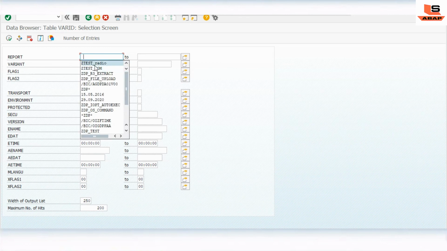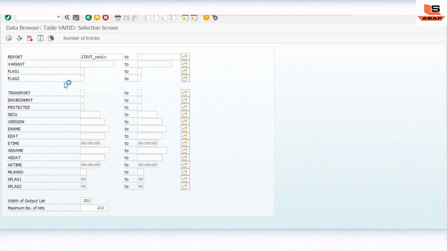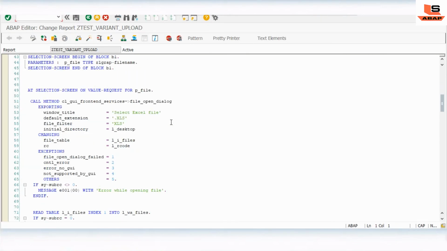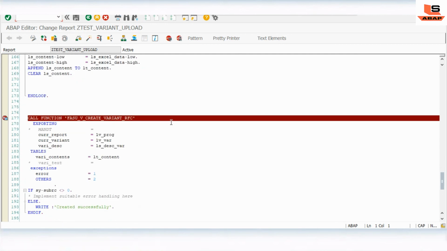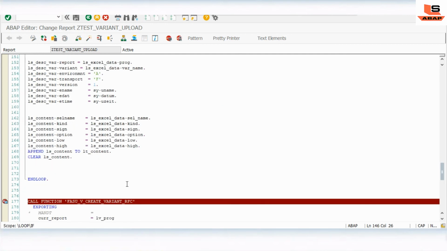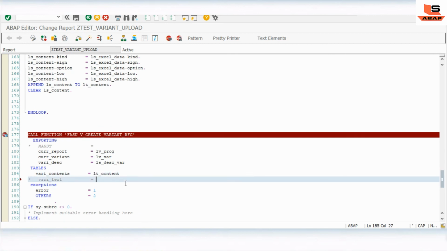For this test, as you can see, only two variants are available here. Now I will go to this program. I didn't append this table. As you can see, I have not appended the text table, so we'll append this table here.